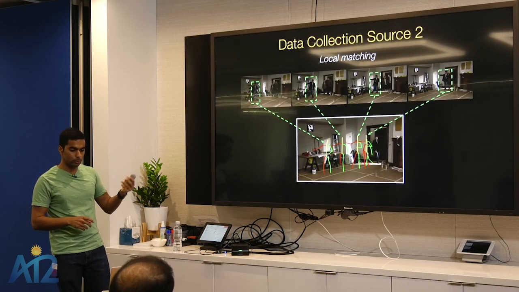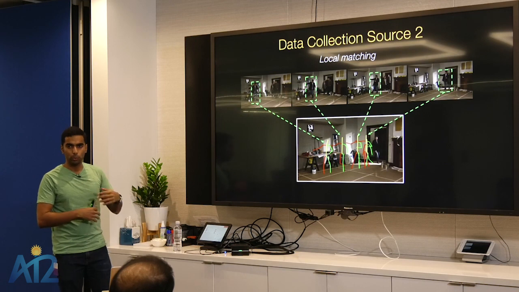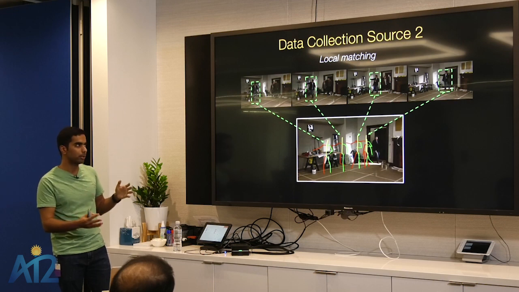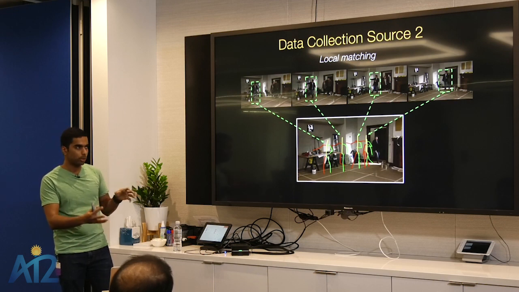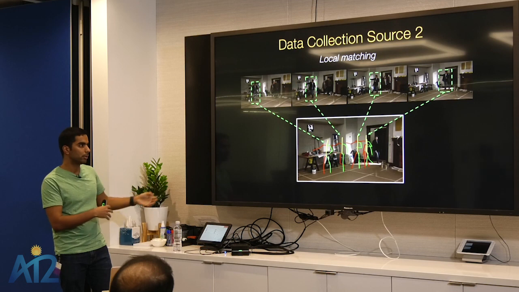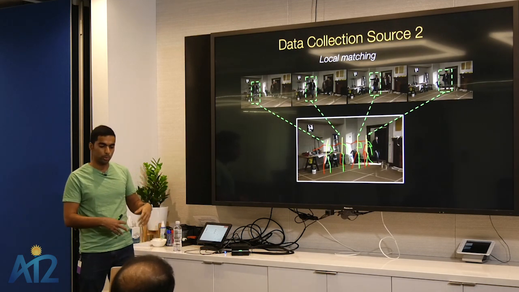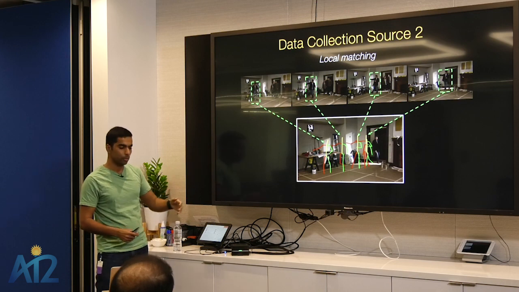And another way of doing this is what we refer to as local matching. So instead of doing a full nearest neighbor lookup, we first find short video clips, using shot detection to find shots which have people interacting with the scene, and we can just take one of the empty frames and just transfer all the people into that frame. So for example, here you can see somebody walking through a hallway.